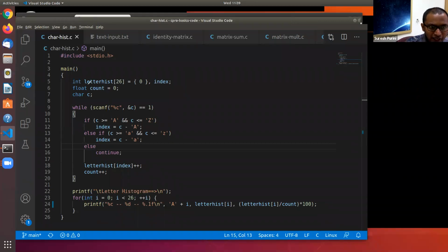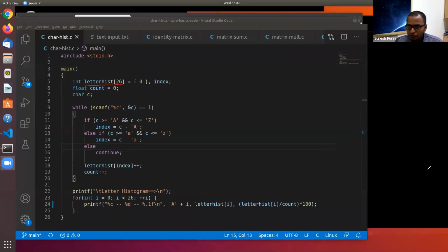We are maintaining an array with 26 elements. The type of each element is integer and we are initializing it to 0. There are a couple of questions being asked. Let me first go through the code one more time, and then I will take your questions.